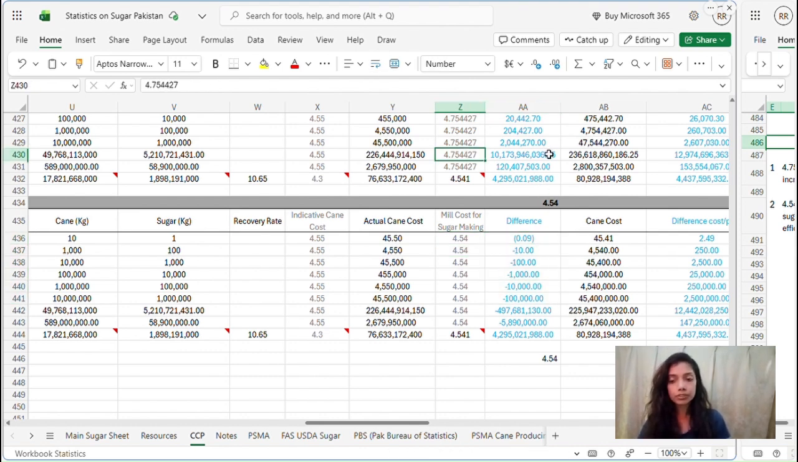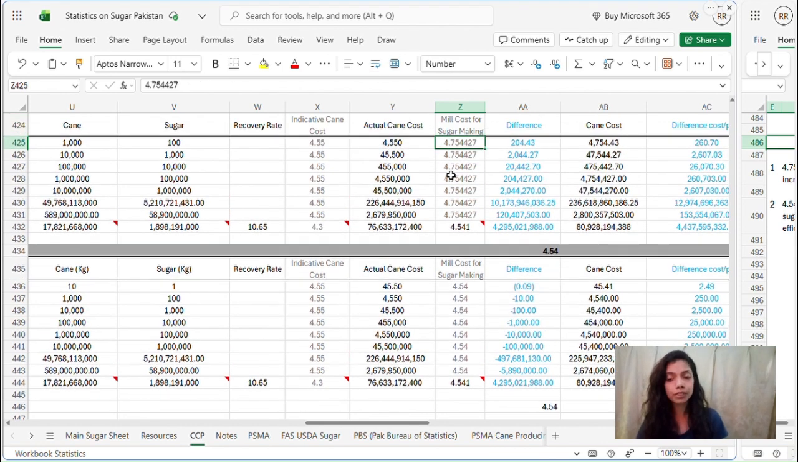Now this number 4.75 seems to be more robust, because we use many factors here. We use sugar recovery rate, the quantity of cane that we have discussed, and we took into consideration the quantities of the sugar produced, and then we actually came to this number when we did the reverse calculation. But here in the reverse calculation, we only considered that it could cost the 10 kg of cane. So